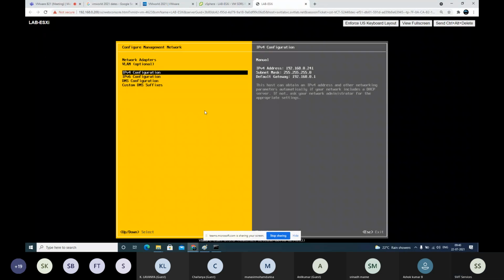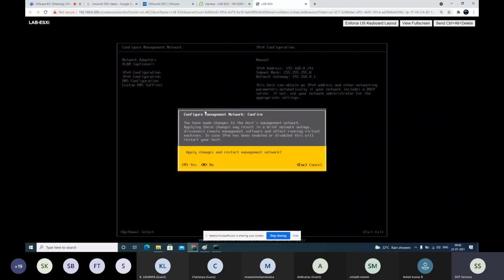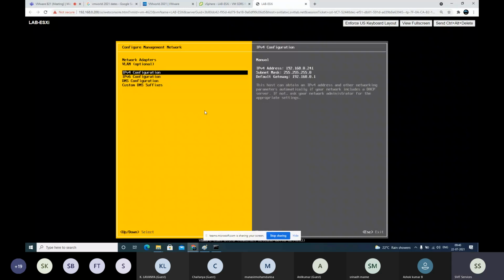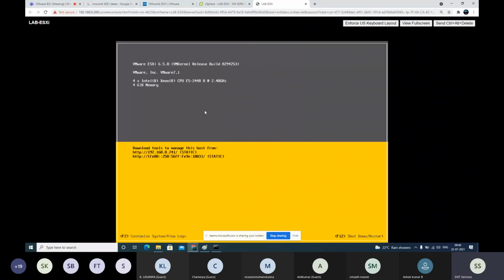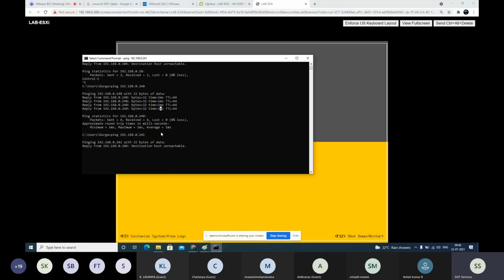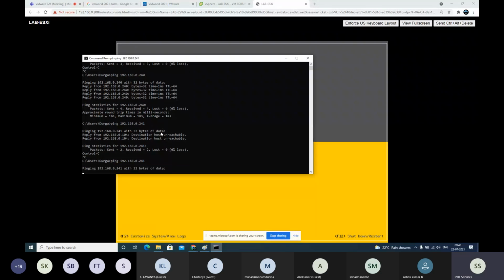Escape. It will ask you to press letter Y to save the changes we have applied. To save all the values we have given so far, press the letter Y on the keyboard. Yes, escape. Once you press here it should show the IP address that we have entered, 192.168.0.241. Okay, that means it accepted what we have given it. Once you assign an IP address, immediately go to command prompt and ping that IP address again, 241, enter. Something wrong.